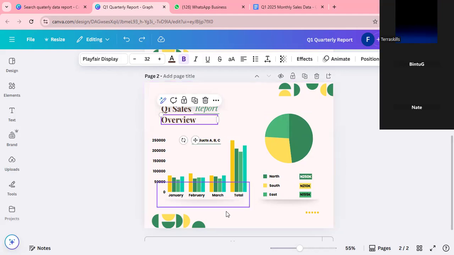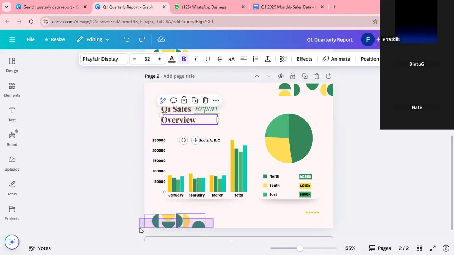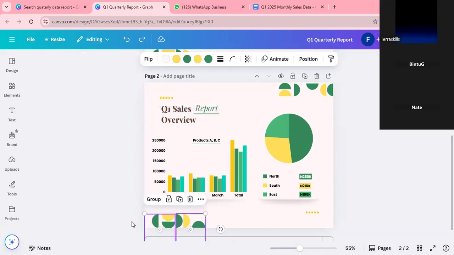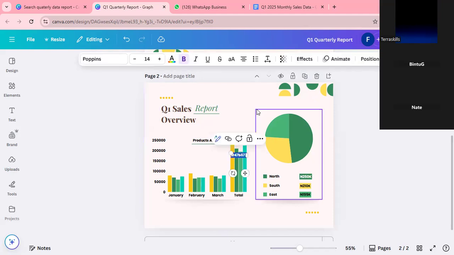Now, if you check, this particular area here might seem like it is not important, okay? But by the time we delete it, you can see that this guy is just on its own. It feels like it's just hanging, okay? But when we bring it back,